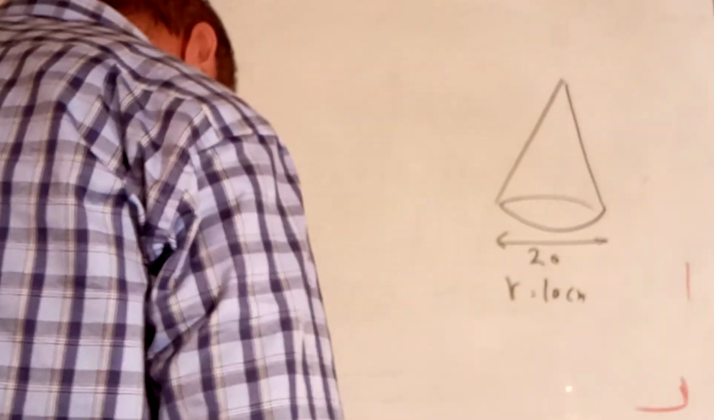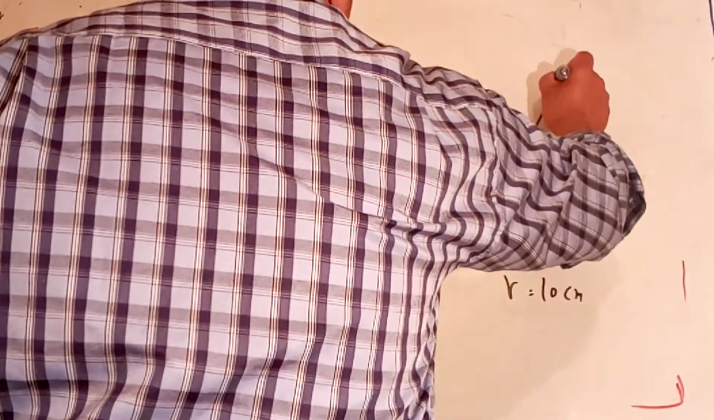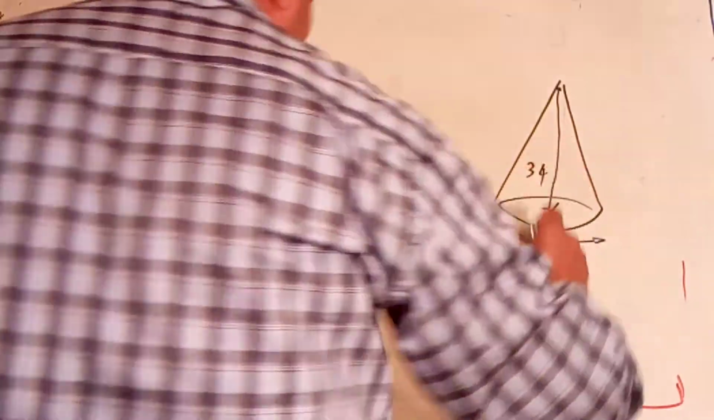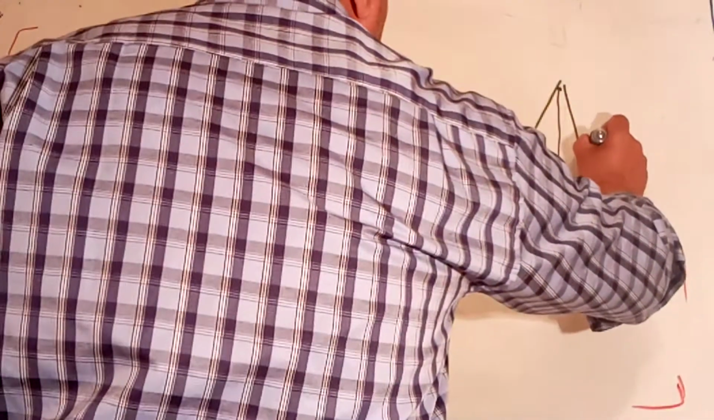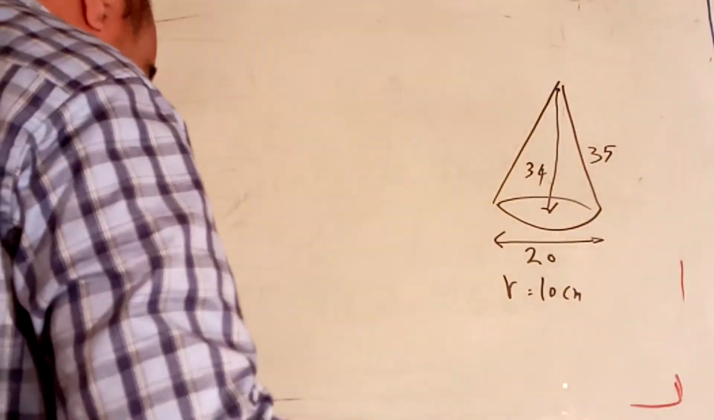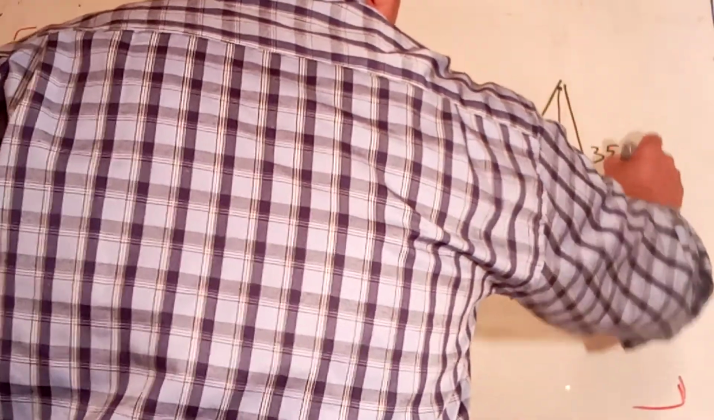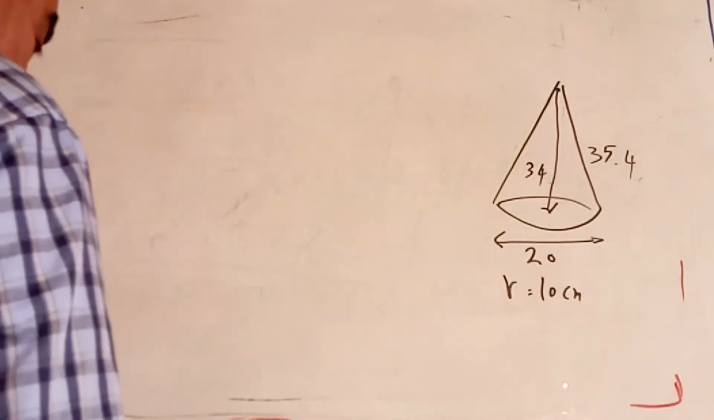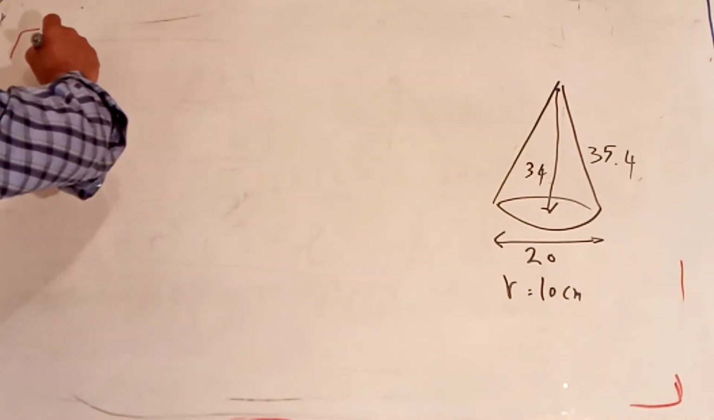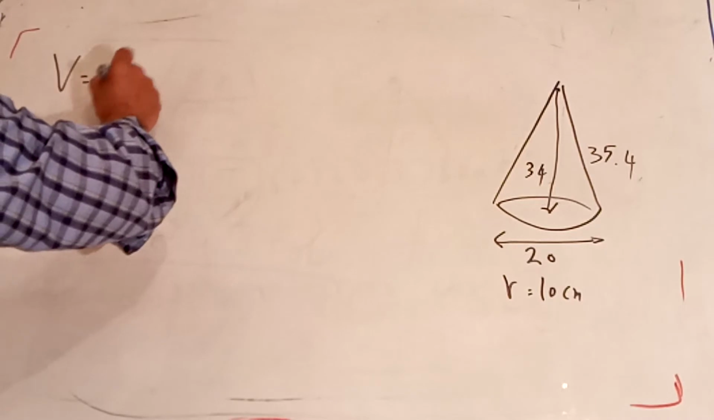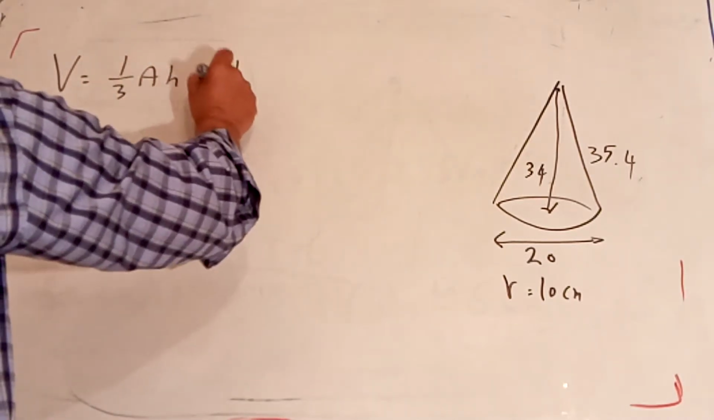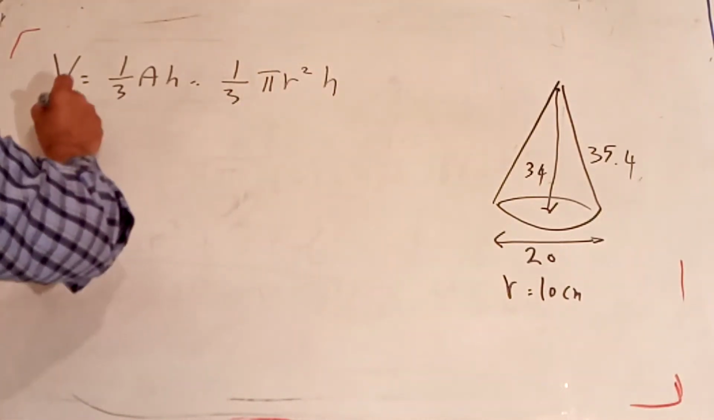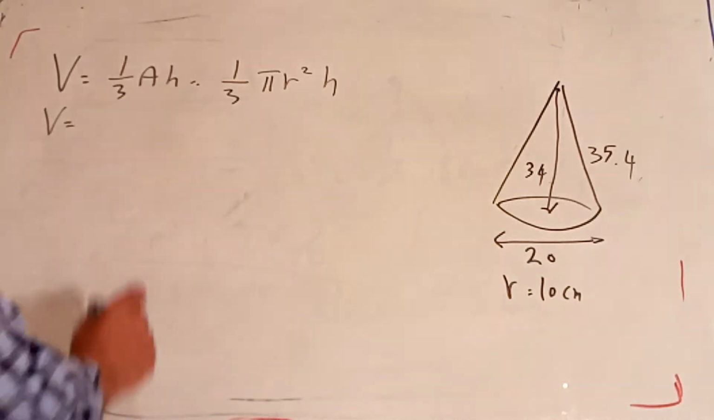Okay, and the height h is equal to 34, and L is equal to 35.4, the length of the curved side. He wants both the volume and the surface area. Let's start with the volume first. Volume V equals one third pi r squared multiplied by h. So volume is equal to one third